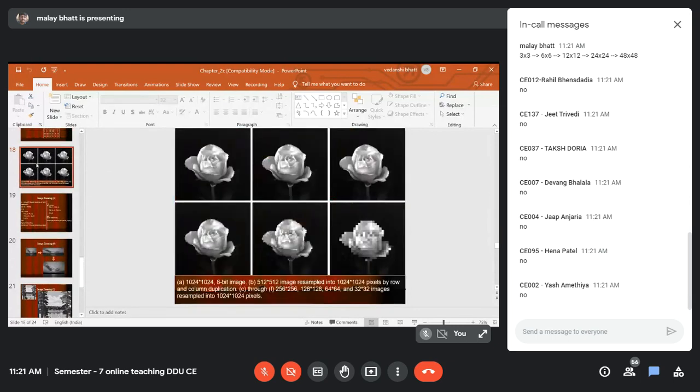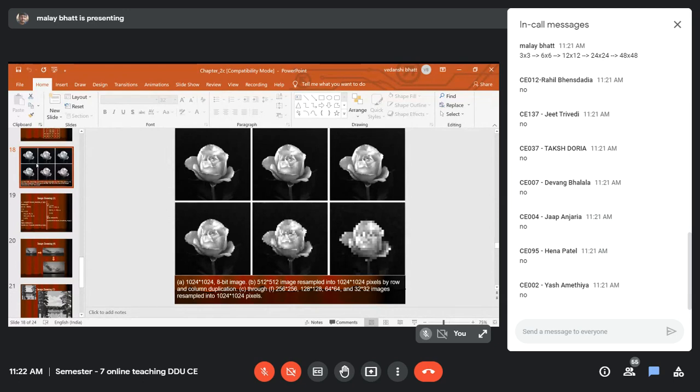Here is a very good example. Let us go through the bottom last image. This bottom last image is originally 32 cross 32, and from that it is converted to 1024 cross 1024.